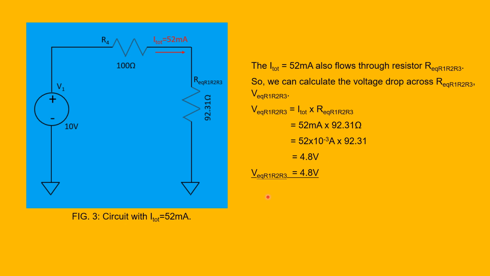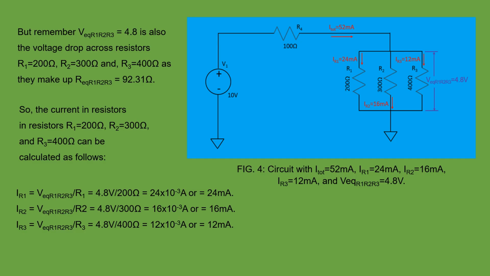So we can say the voltage across R equivalent R1, R2, R3 is equal to 4.8 volts. But remember, V equivalent R1, R2, R3 equal to 4.8 volt, here indicated in figure 4,